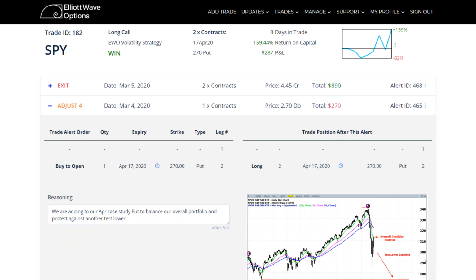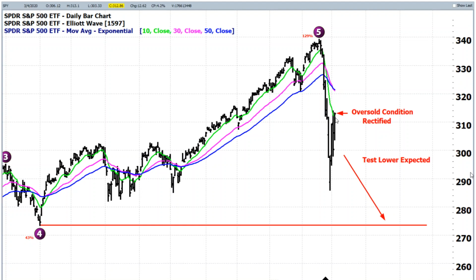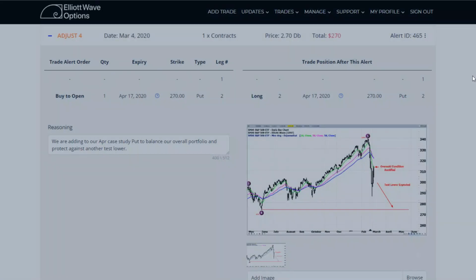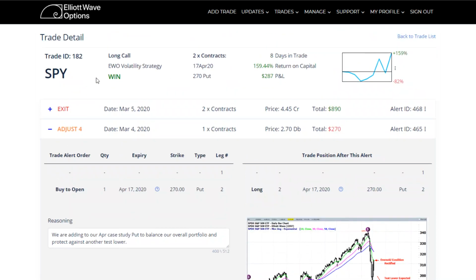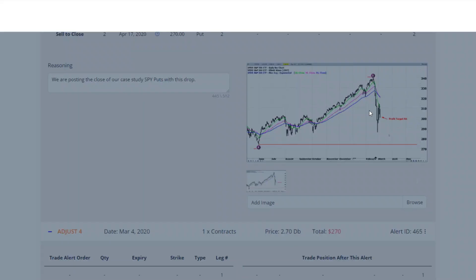Here's the chart where the next day we move back to the upside and close on the 10-day moving average. Now the day before we had closed down here. We had touched the 10-day moving average, but traded down and closed down here. The next day we go back up, test that 10-day moving average again, and closed right on it. That gave us an opportunity to add one more put. So we had 2 puts on now, and then boom, the very next day we get another big drop